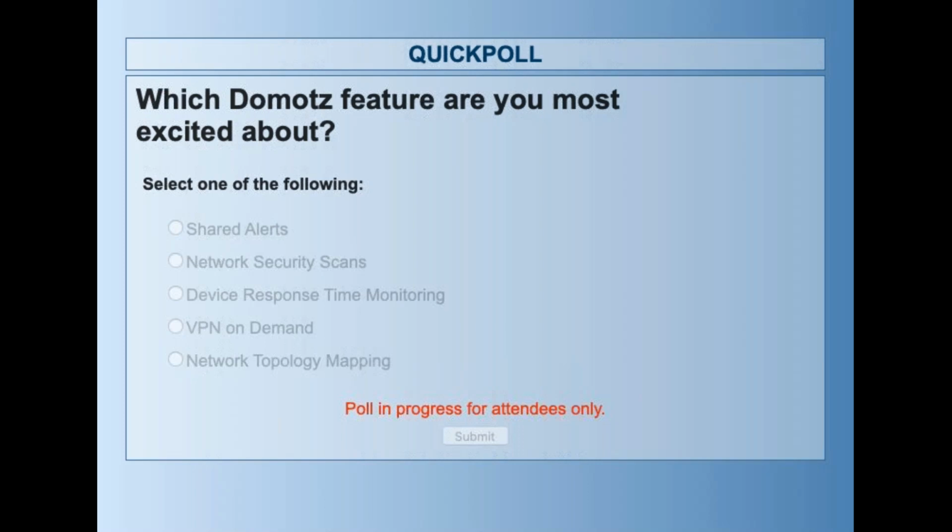We do get a lot of interest in the topology map. We get a lot of interest in the connectivity and the secure connectivity. But while you're filling that out, let me show you a couple of things that we do that are very unique from typical remote monitoring platforms. The first thing that I like to show, and we're seeing more and more traction with